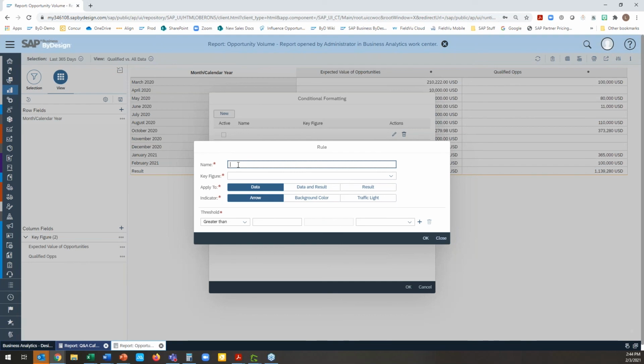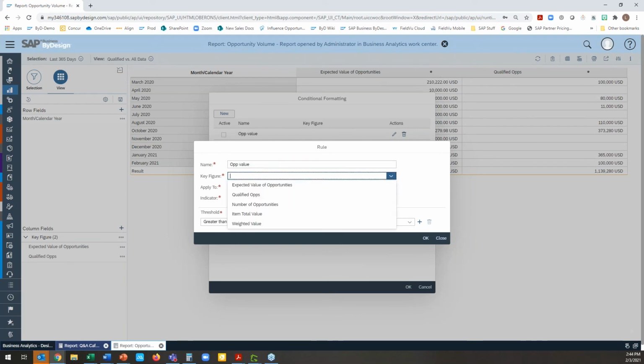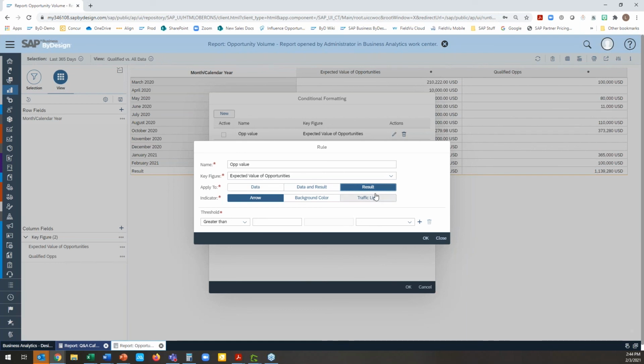So we'll say, op value. And then we'll take, again, our expected value. And here's where I can apply it to. I can just say apply it to the data and the result. So depending on your aggregation within this report, it will show you these highlights in different areas. This is really a summarized type report. So I'm just going to say show it in the result, which would mean, like, if I just show it in the data, like let's say,